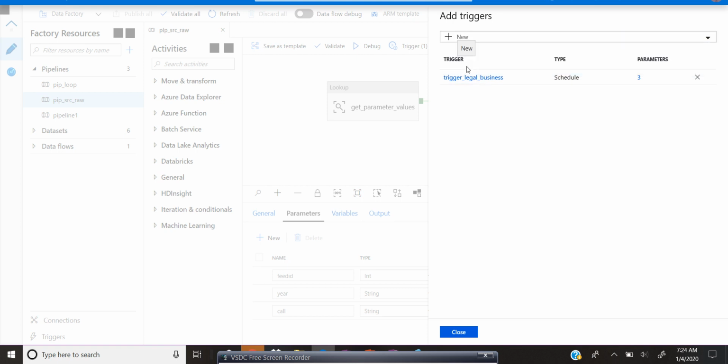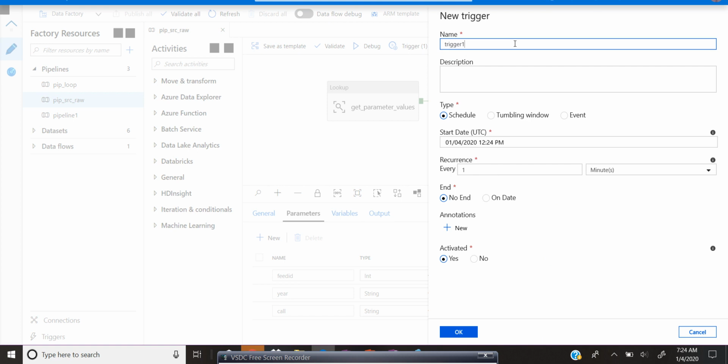Okay, now we look into the trigger part. You can see the trigger here. You can click on the trigger, click on new/edit. If you click on new/edit, another window will open. From the first drop box, you can choose whether you want to create new, or modify the existing one. If you click on new,